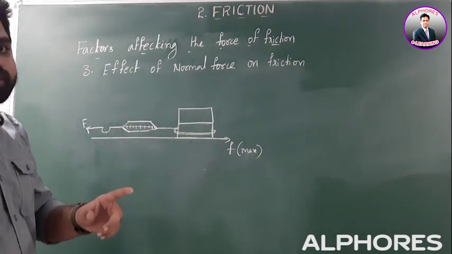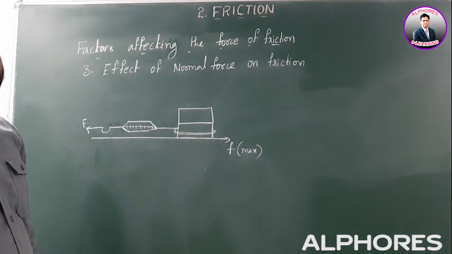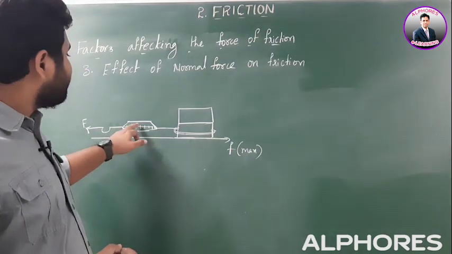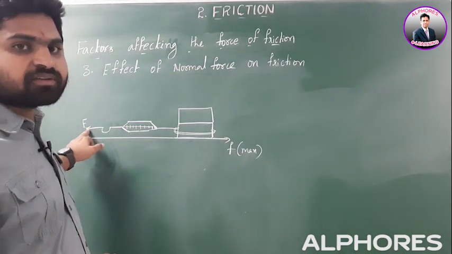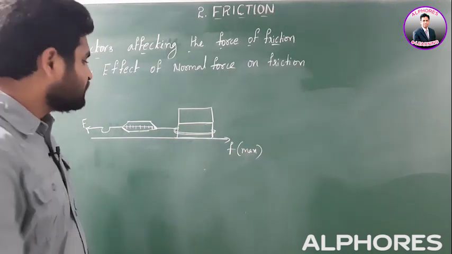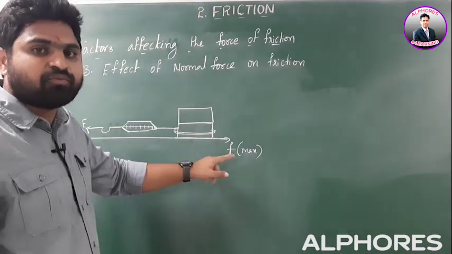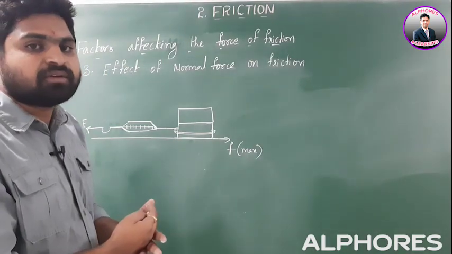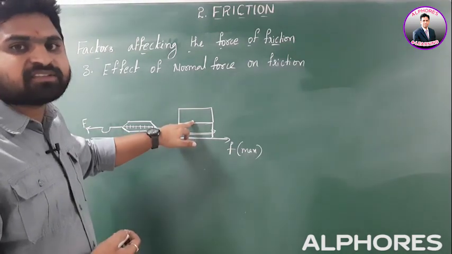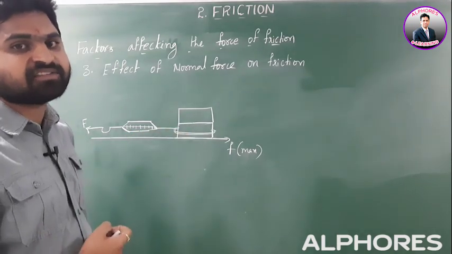Now the frictional force between these two bricks and the floor is nothing but the maximum limit of the friction, and that can be known by the reading of the spring balance here. The applied force is equal to the maximum limit of the static friction. But in this second case, the maximum limit of friction value is different compared to the previous case. It is just because here the weight of the bricks increased, as I have used one more brick.